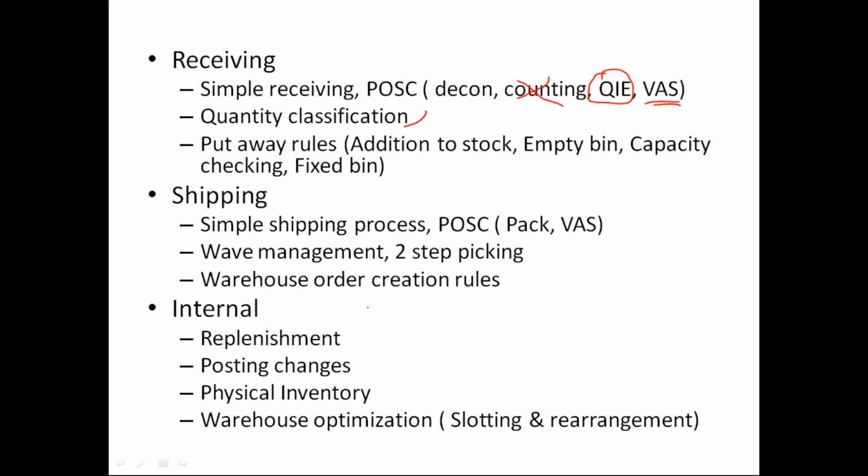Imagine in a delivery you have 100 items. Obviously the system will create 100 tasks. If I hand over all these 100 tasks to one operator, he may take 2 days to perform the picking. But I want to split those 100 tasks into two different pick lists. What I can do is use a warehouse order creation rule. I can set it up in such a way that only 10 items are considered in one warehouse order, which is nothing but a pick list. If I have more than 10 items, that will create another pick list. I can hand over that other pick list to another operator so that my picking activity will be easy. So that is the warehouse order creation rule.